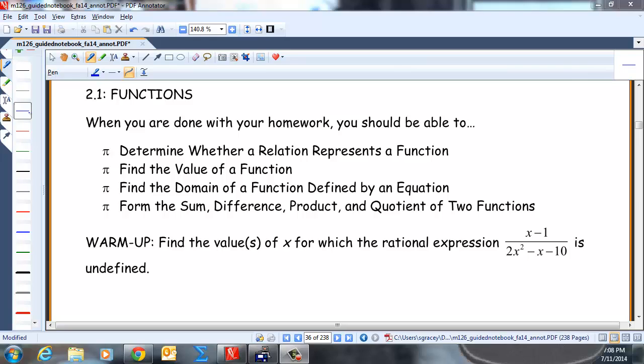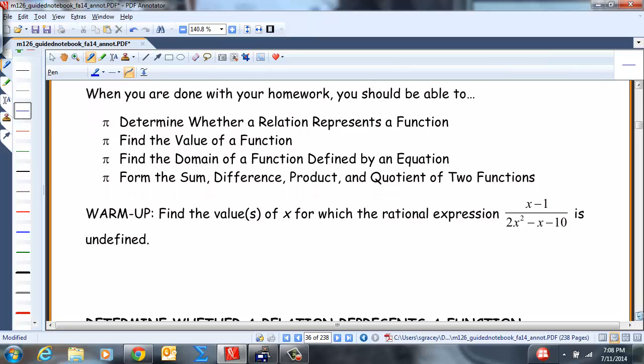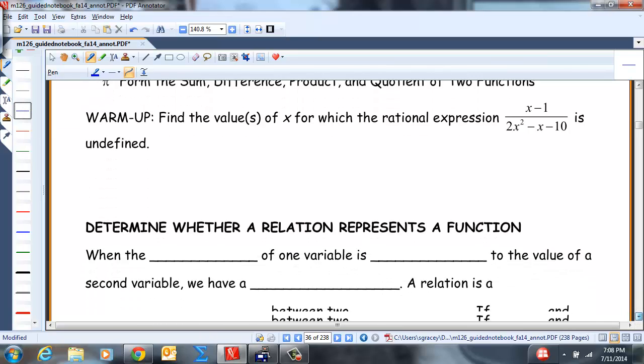We are working out of the Precalculus Enhanced with Graphing Utilities text by Sullivan and Sullivan. Today we are going to cover the initial things to do with functions. So you can read the goals here with the bullet points, and let's go ahead and move on to our